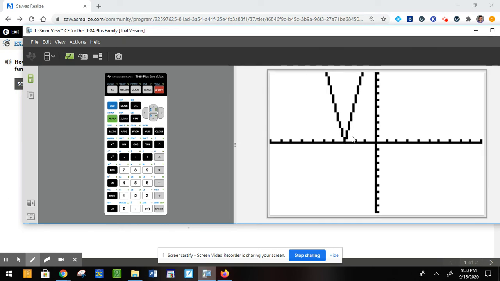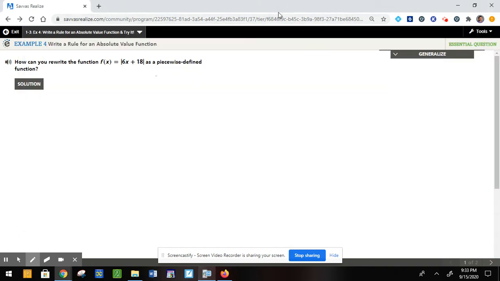Each one is going to have a distinct equation, and it's going to be split up by a specific domain. What I can see is that from negative infinity to negative 3 is going to be one equation, and then the second piece is going to be from negative 3 to positive infinity. So the way you could get that algebraically without even